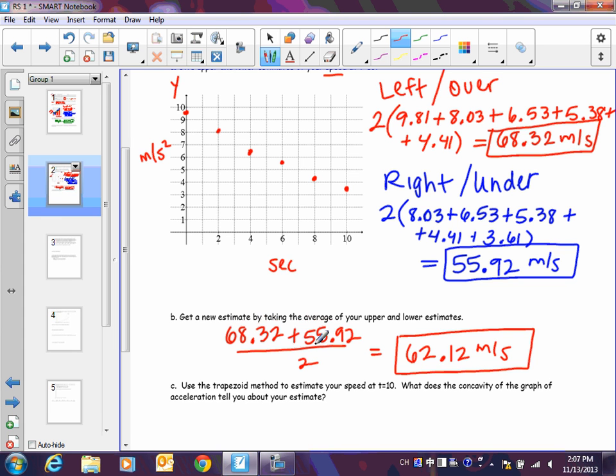That is your speed at this point right here. It's not your speed throughout your falling. Remember, that speed is increasing. You're falling faster and faster and faster. Okay, so